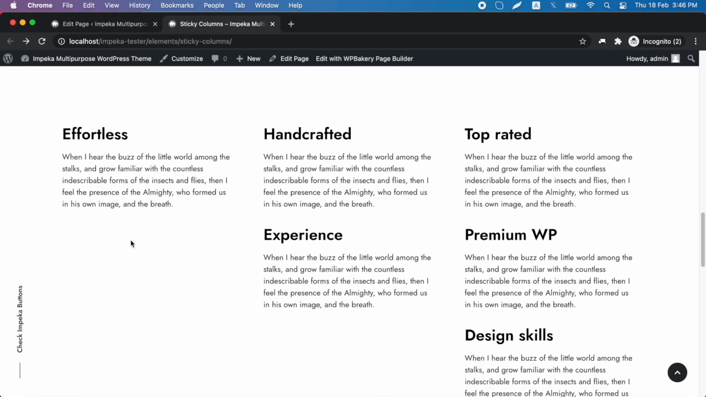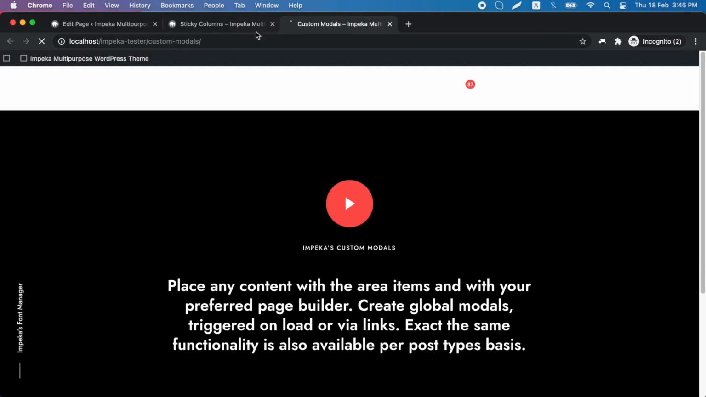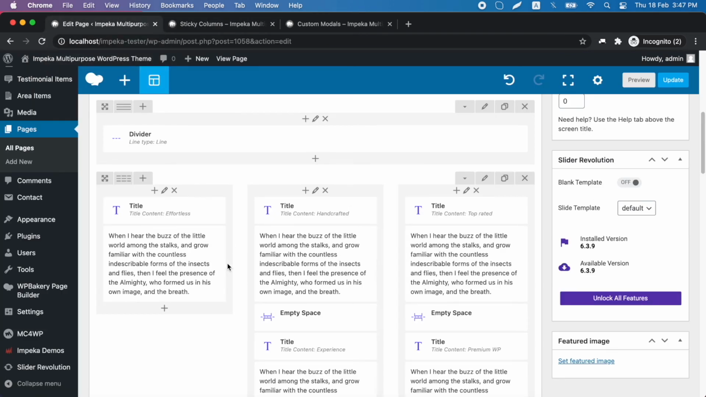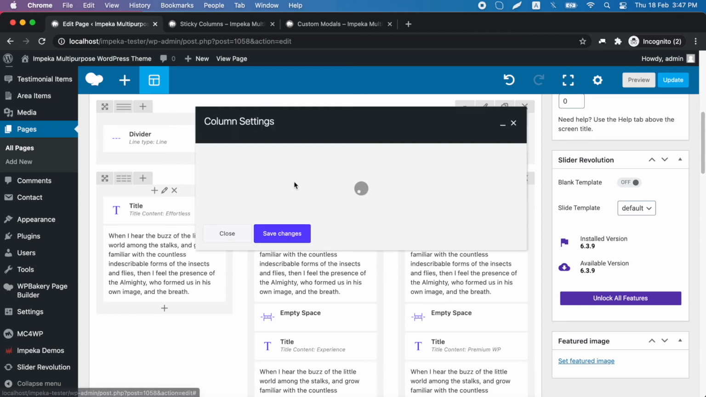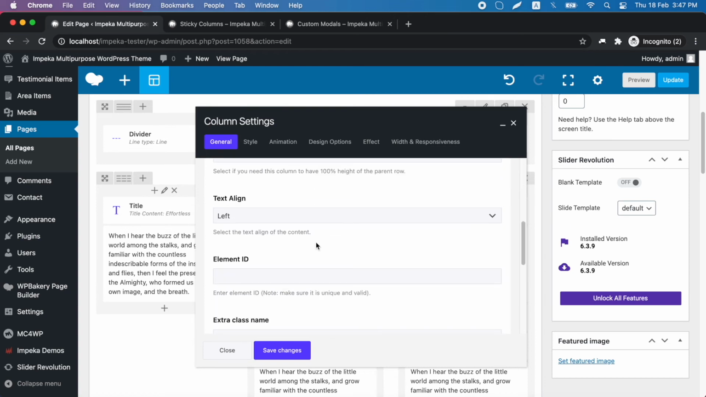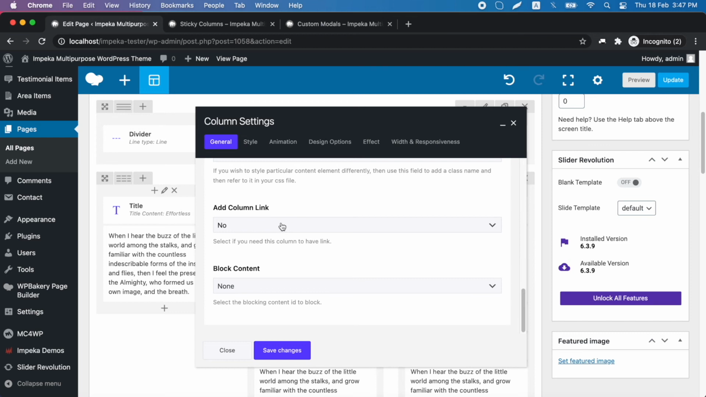Now let's see how we can add a link in the whole column, like here. Cool, right? We go back to our editor and in column settings, General tab, we will find the Add Column Link option. We turn it to Yes